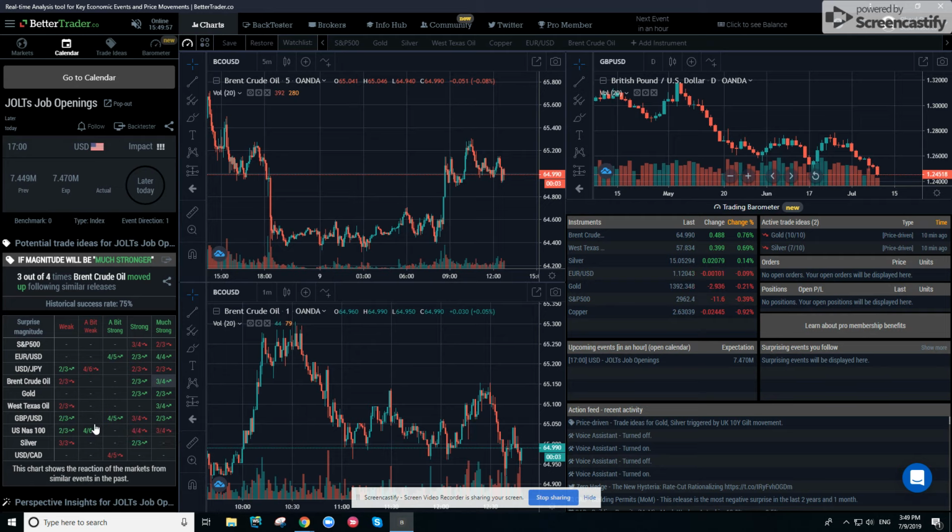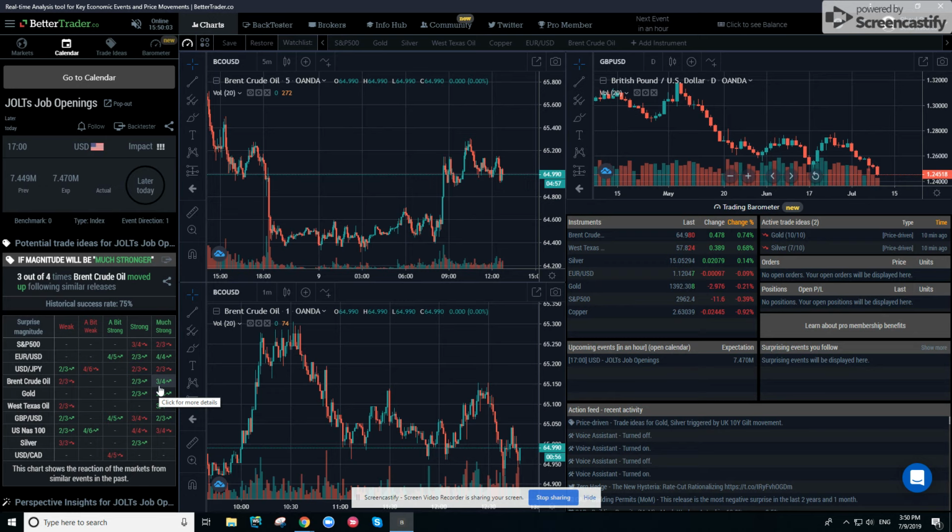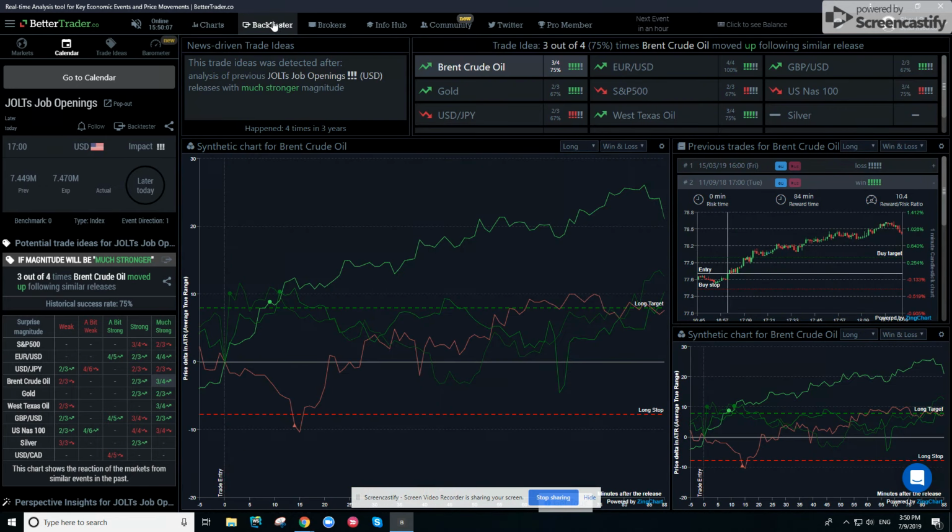Also, let's say I'm looking to trade oil. So I'm going to click on this, when the release is much stronger, and it's going to take me to the backtester. Now, let's see what the backtester has to say. So this trade idea was generated after analysis of previous JOLTS job openings releases with much stronger magnitude, which every time it releases with a much stronger magnitude,